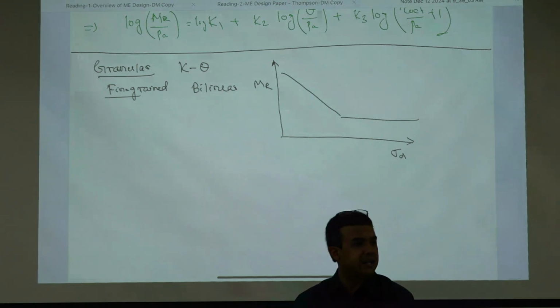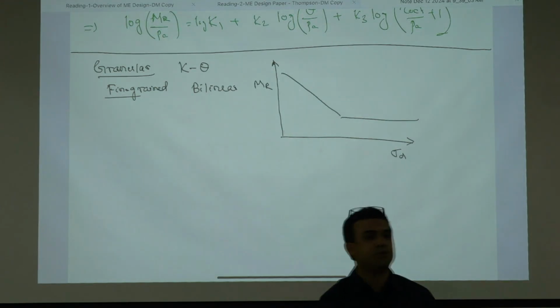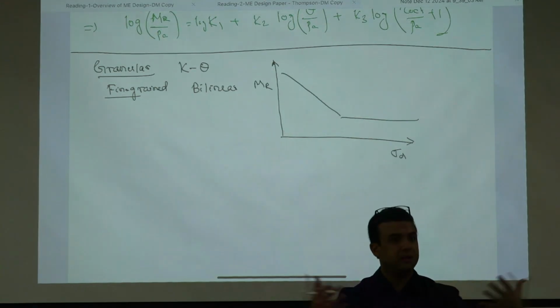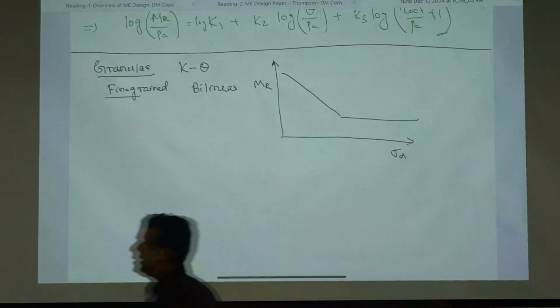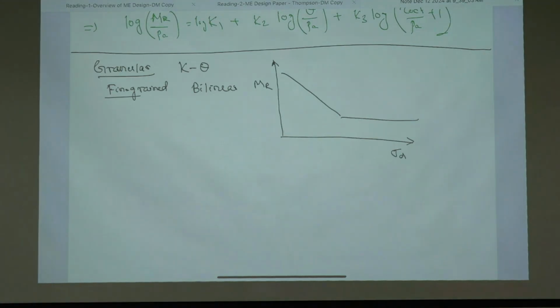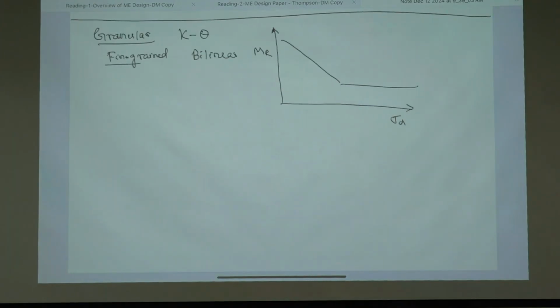MEPDG is not for aggregates only. MEPDG is not for soils only. MEPDG is unbound materials, complete. Okay? It's basically the Uzan model, like a modified Uzan model. But if you look at it, MR equals K1 PA, theta over PA to the K2, tau octahedral over PA plus 1,